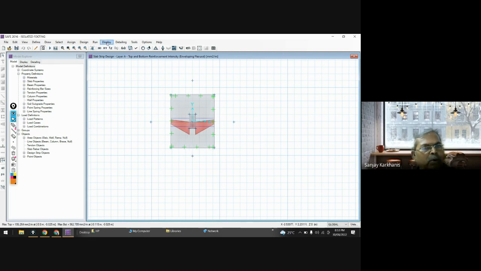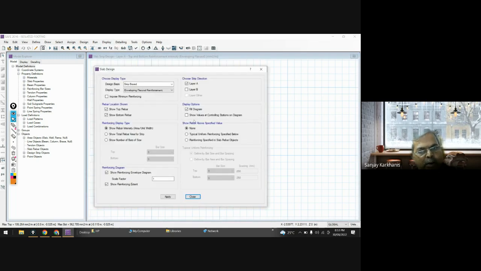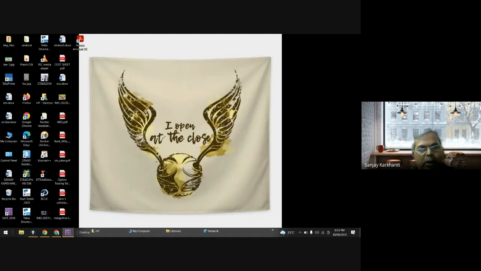Or if you want to see that, go to Show Strip Forces, Slab Design, and go for Show Values at Controlling Sections on Diagram, apply and close. So you can see that here it is something like 962, right? So 962 is the area of reinforcement required